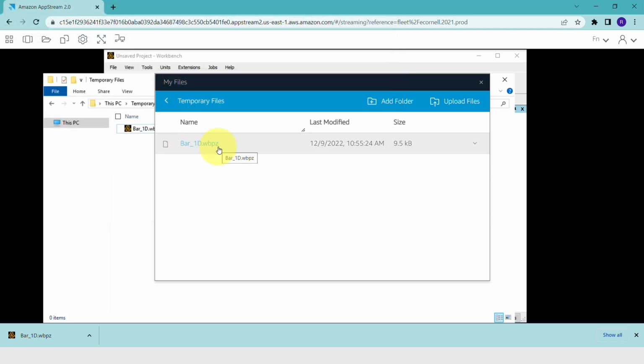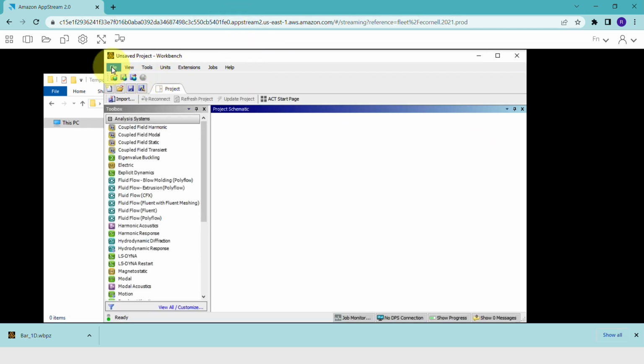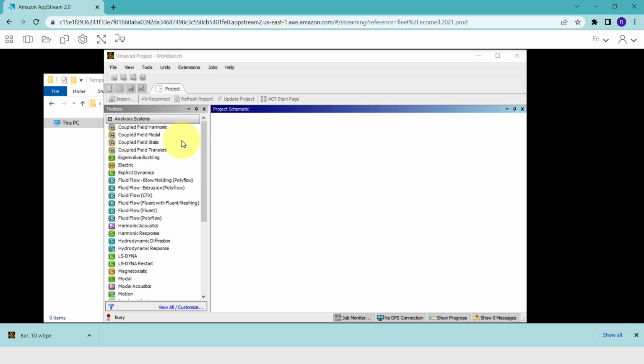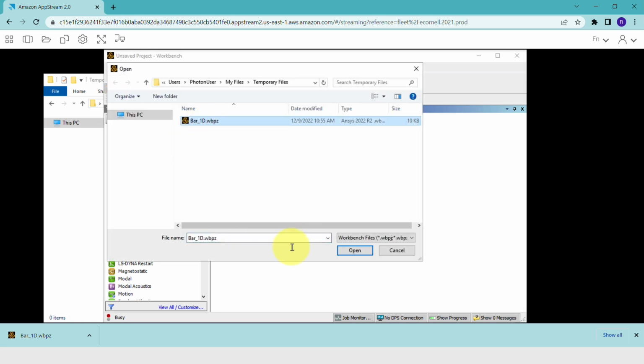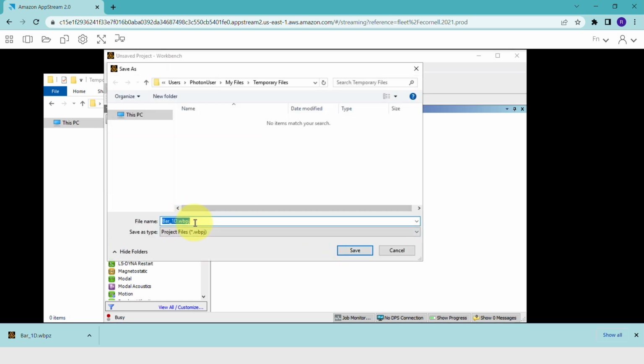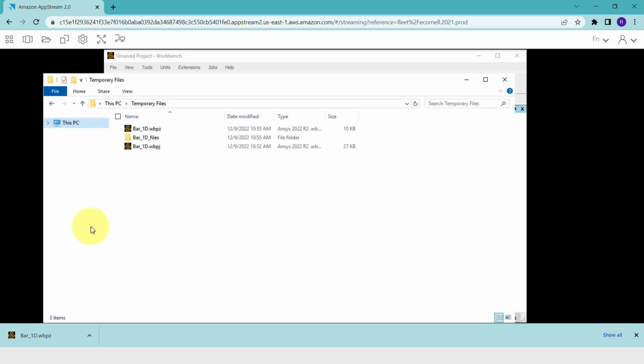And now I have the WBPZ in my temporary files. And so I can go back to Ansys Workbench, and I'll say File, Open. I'm restoring my work from that Z file, and then it'll ask me to save it in the J file format, and I'll save. And so now this J file and the folder has been created from the Z file,